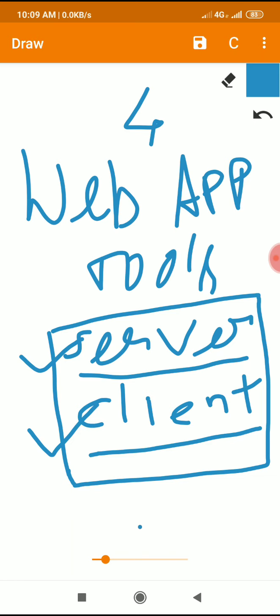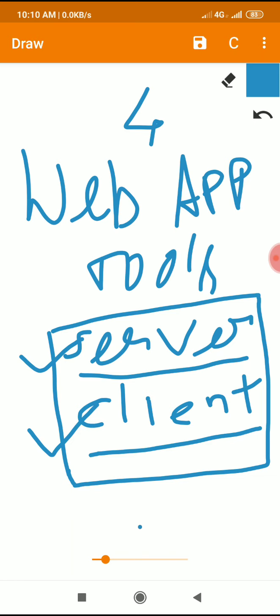And we will soon see the tools related to this web app, one by one. So the tools related to web app are called web app tools. A web app is nothing but the server-client programs written on both sides combinedly, and this should be developed securely, which is one of the objectives of web app development.